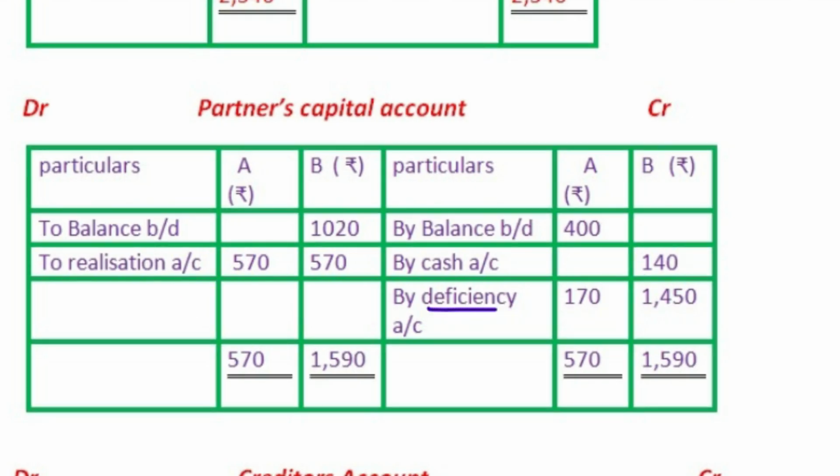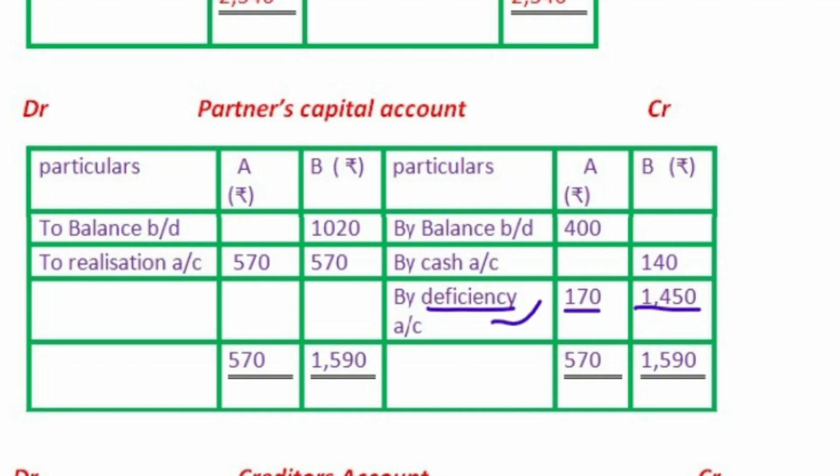Here, deficiency account. So A fails to bring 170 rupees, and B fails to bring 1450 rupees, and both the amounts are transferred to the deficiency account. Next,